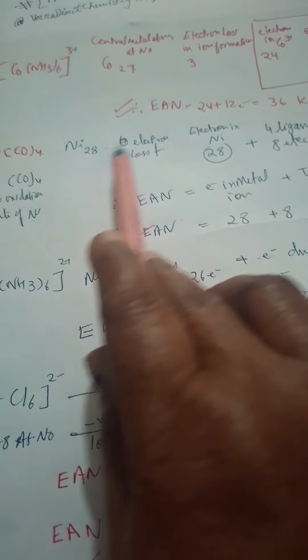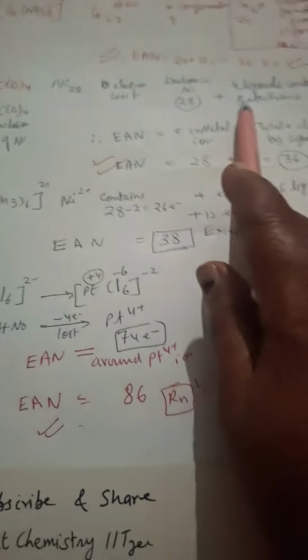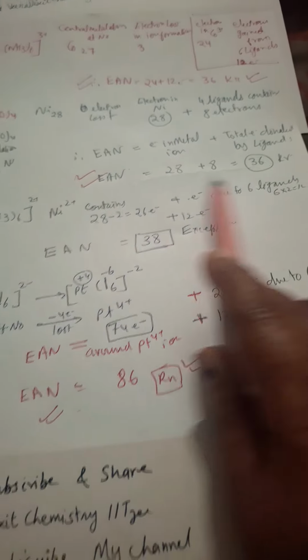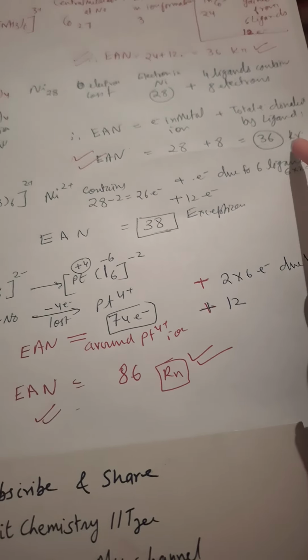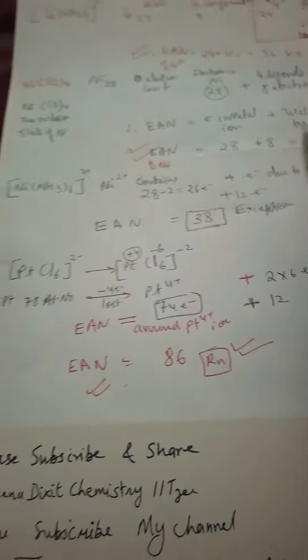Now nickel carbonyl, 28 electrons, no electron loss over here. So 4 ligands are there, so 8 electrons total donated by 4 ligands. So 28 plus 8, 36. So here the effective atomic number is 36, that is of krypton electronic configuration. So okay, the effective atomic number of nickel is 36. Here the effective atomic number of Co3 positive we will write down. Okay, so it will be 36.